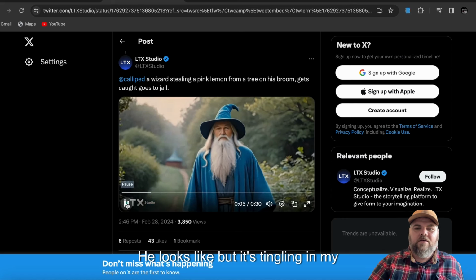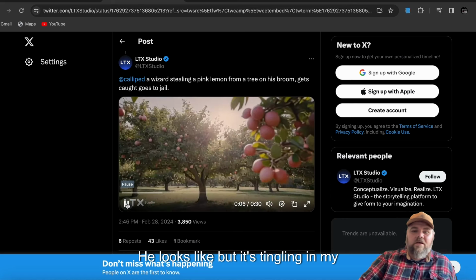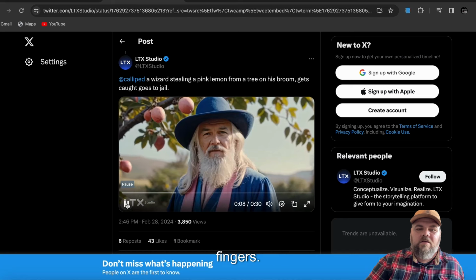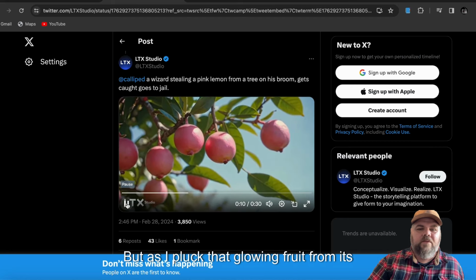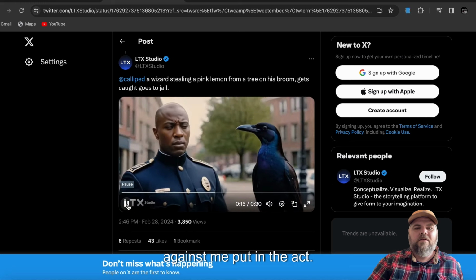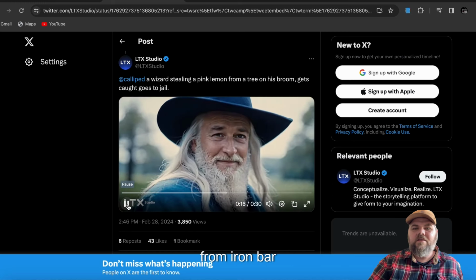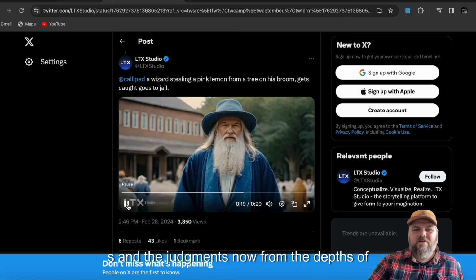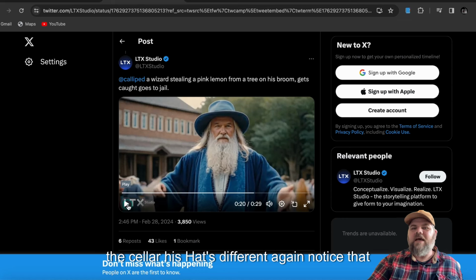But soaring on my broom, the thrill of the heist tingling in my fingers. But as I plucked that glowing fruit from its branch, it turned against me. Caught in the act, my magic couldn't save me from iron bars and whispered judgments. Now from the depths of a cell,